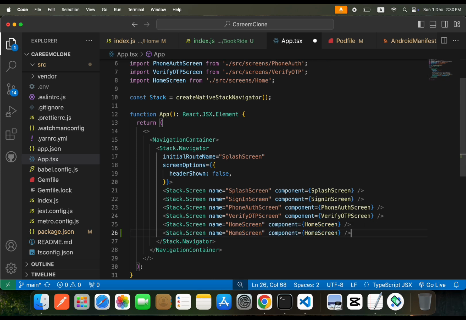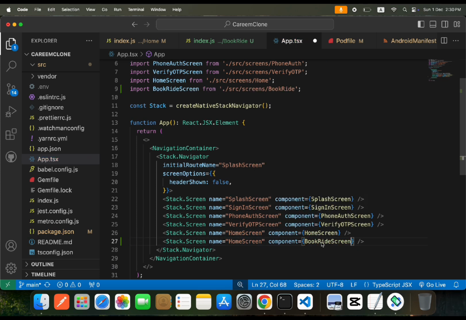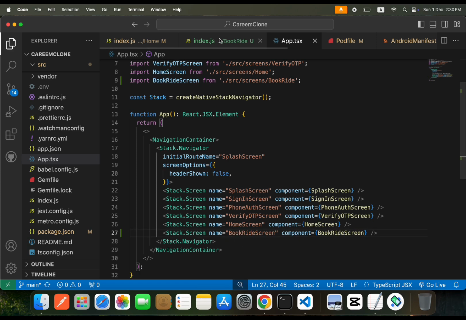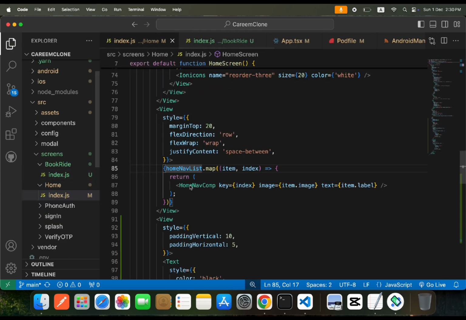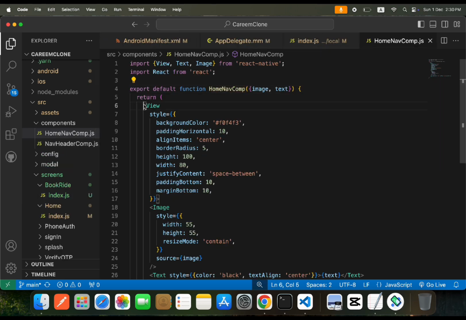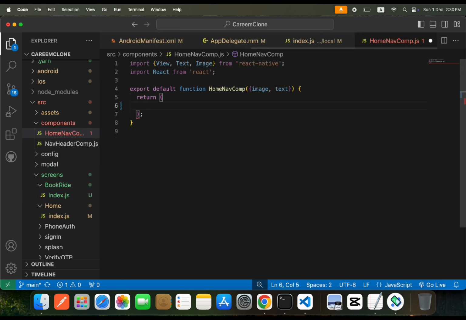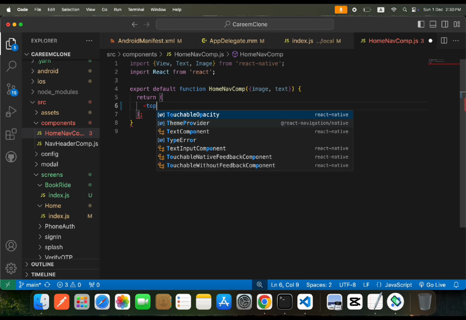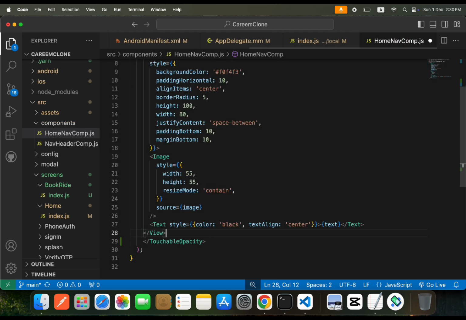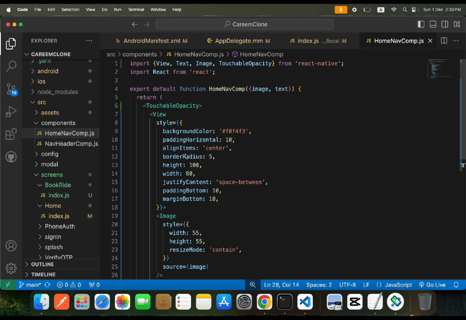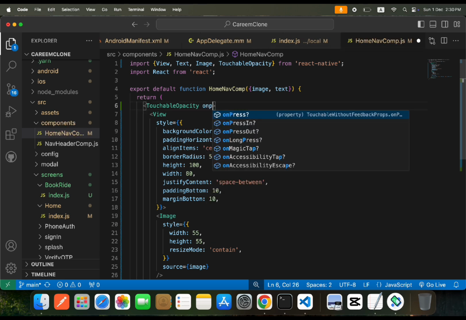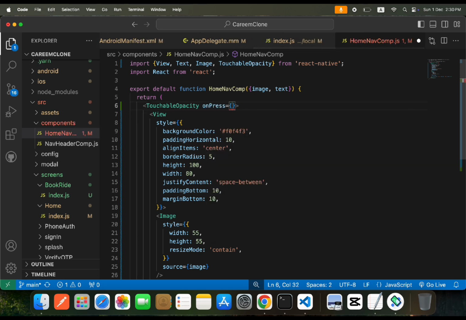So copy this book ride screen. Okay, copy, paste. Now in our home I will come to this, and I will wrap all this inside of a touchable opacity. Okay, now I will copy this. On this on press I will say like